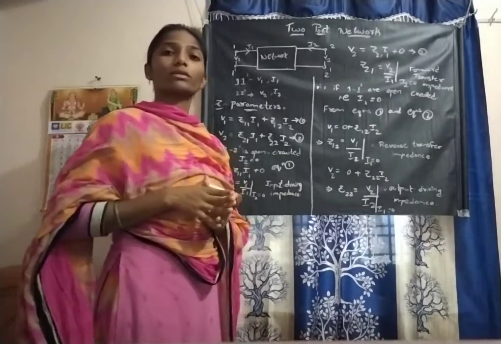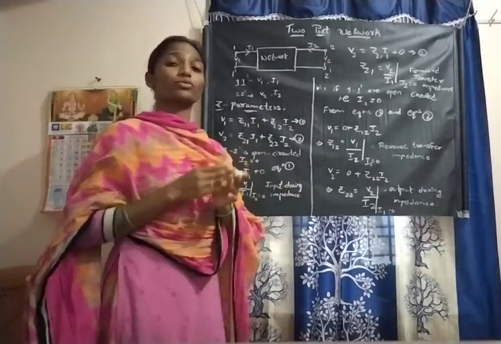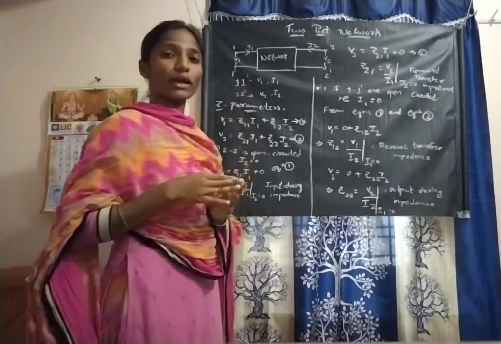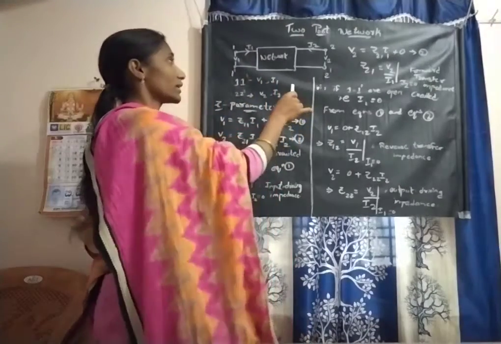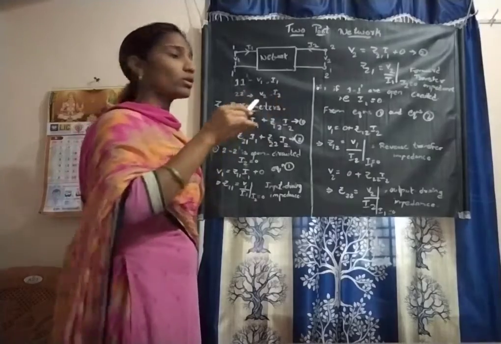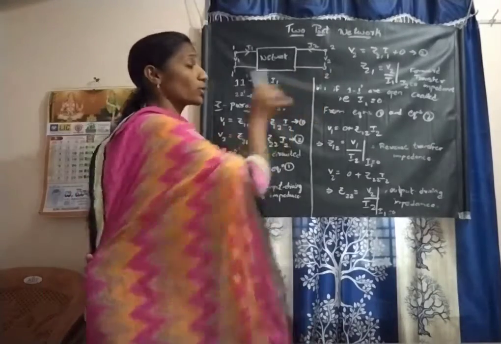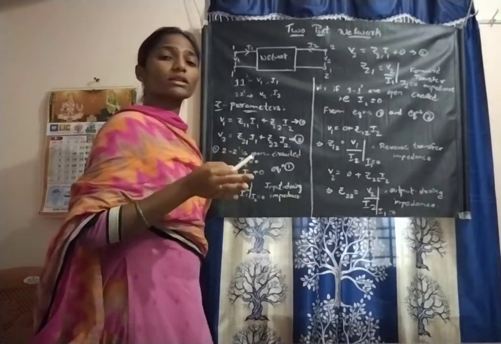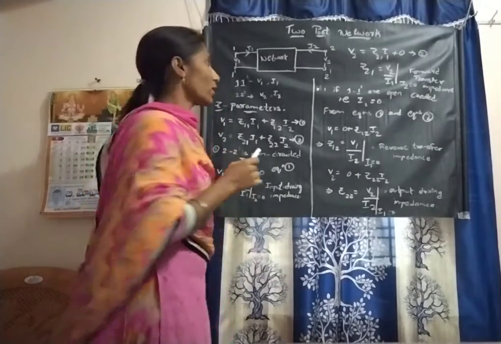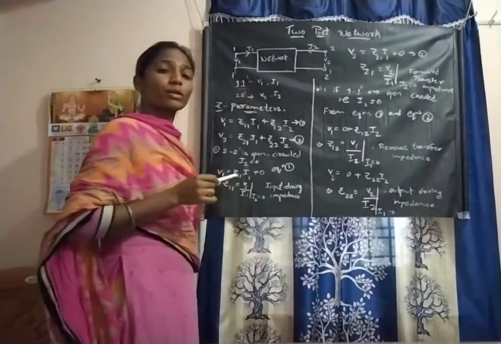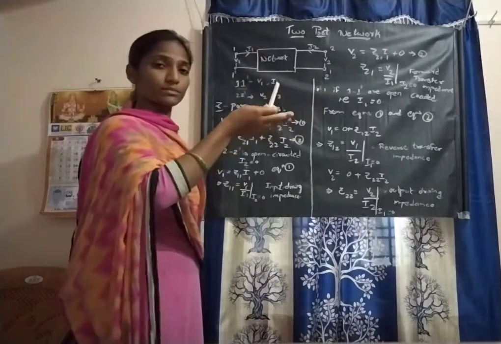So what does a two-port network mean? Simply, it is a network consisting of two ports. One port acts as input and the other port acts as output. Now we are considering a network system here with an input and output port. I name 1 dash as the input port and 2 dash as the output port. A port is nothing but a combination of two terminals, whether it is an input or an output. For the 1 dash port, I give voltage V1 and current I1 as input to the network system.